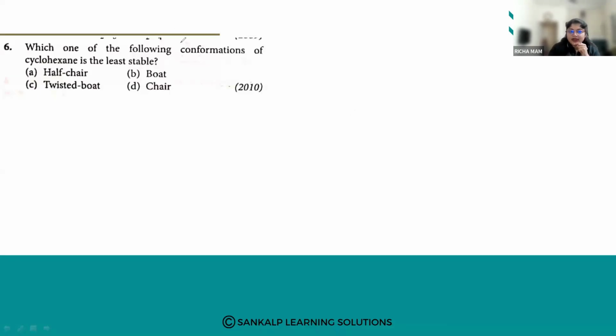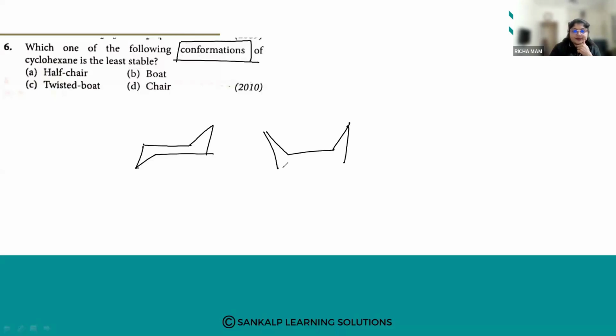So you might have studied something called conformations. Boat form, chair form, twisted boat form. Out of all these four conformations, when we see the chair form, it is like this. Boat form is like this. Then twisted boat is a little in twist form. And your half chair, how will a half chair look? Half chair will be